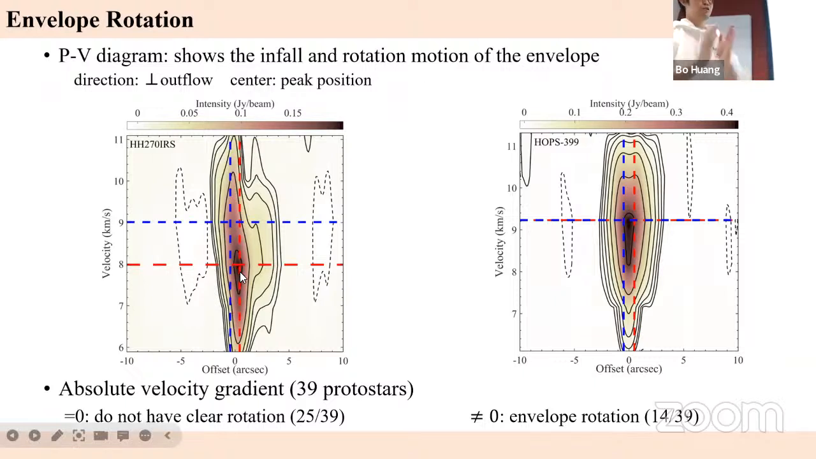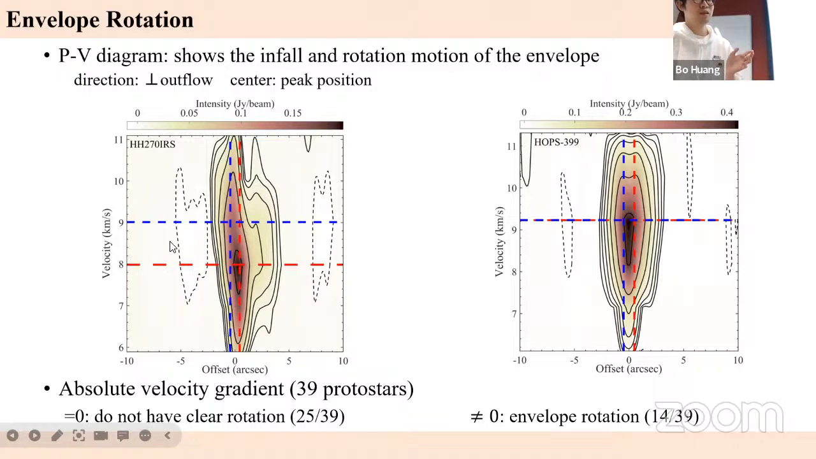So here we choose the inner 400 region of the redshift side and blueshift side. The redshift side has a highest intensity peak, and we can get a corresponding velocity value. And for the blueshift side, we also get a velocity value. And to calculate the absolute velocity gradient,